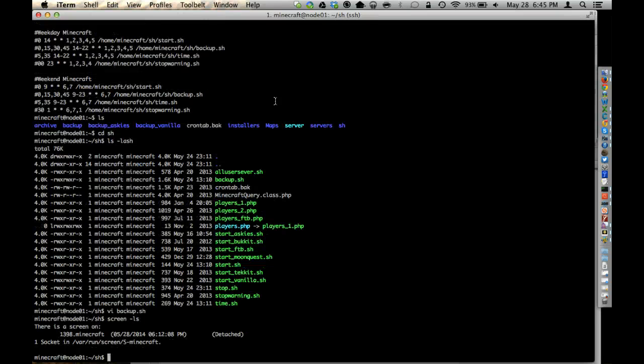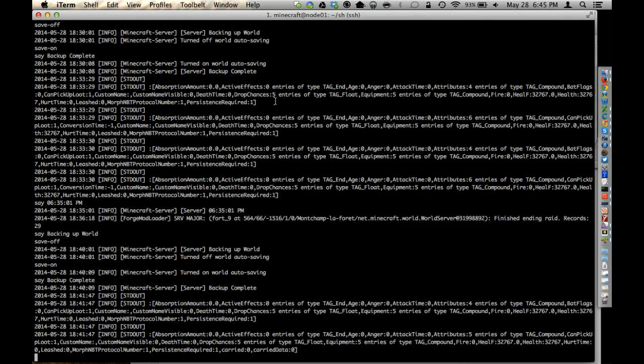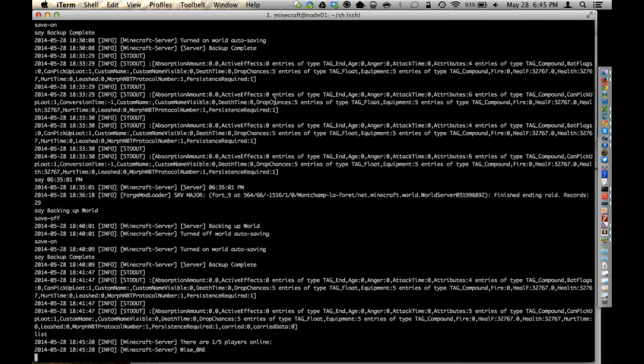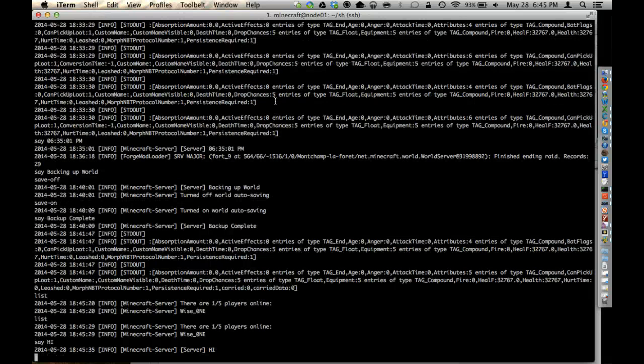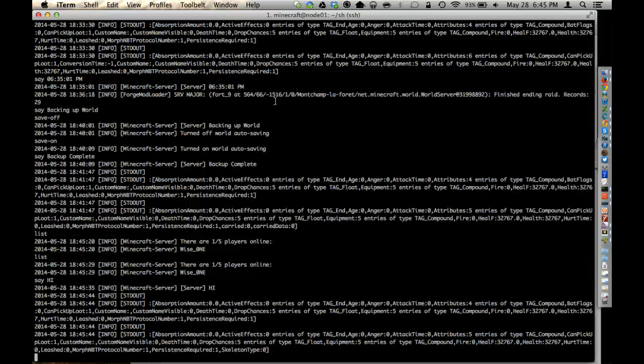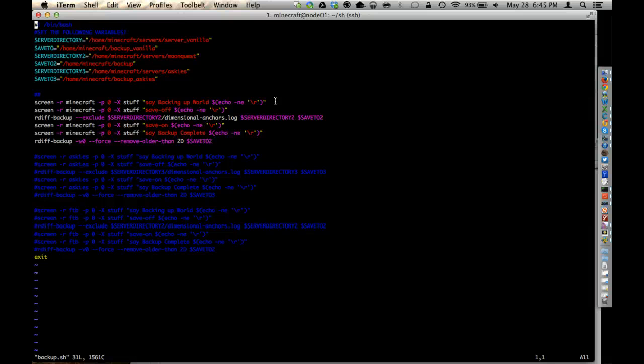If I look at the screens that are loaded, you can see that I have one called Minecraft. And so we can actually see this world is running right now. And actually my mom is currently on the Minecraft server. And you can do all the different commands via here. You saw I did list, showing how many players are on there. You can say hi, and that's where on the Minecraft client it'll actually say server hi, just like you saw there. But you can, by issuing those same commands that you saw in the backup script,